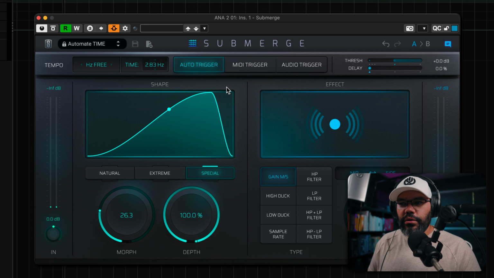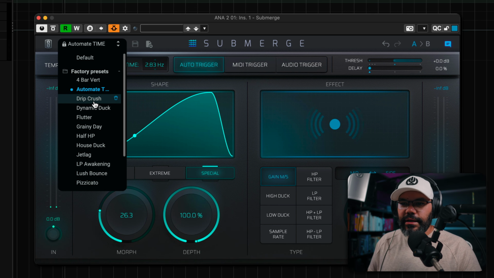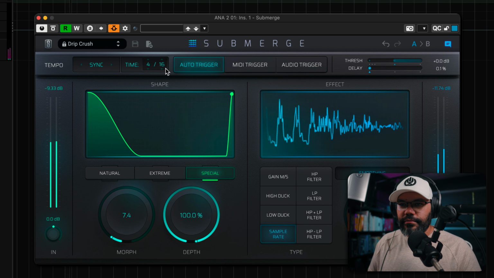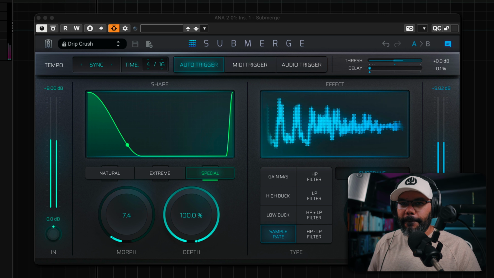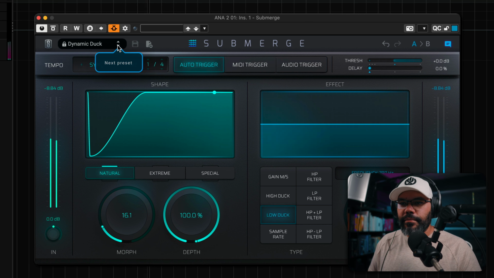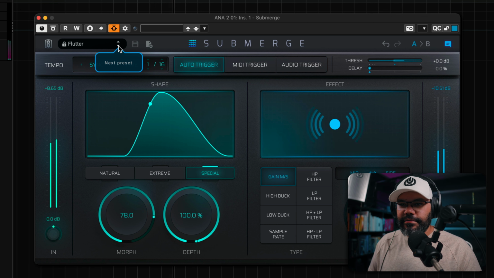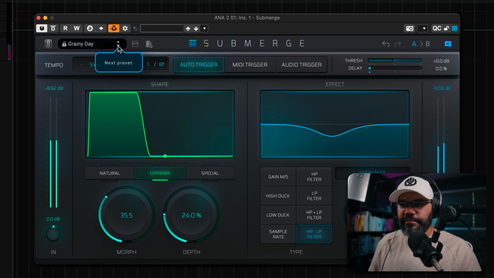And there's also different kind of presets like dip crush, dynamic duck, flutter,